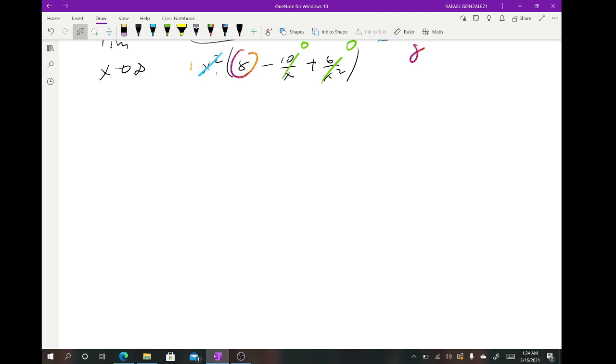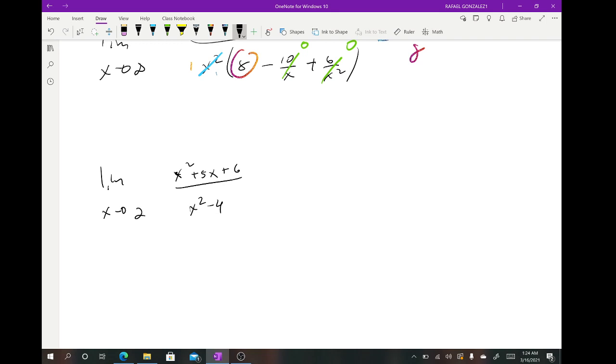So, if somebody tells you, let's say, find the limit as x goes to 2 of x squared minus 4 over, let's say, x squared plus 5x plus 6,